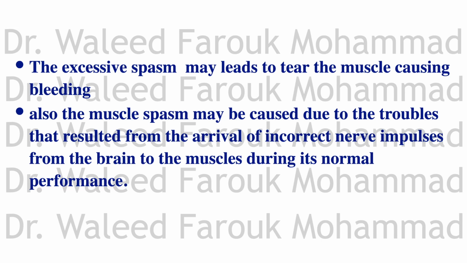ده مهم جدا. Also the muscle spasm may be caused due to troubles concerning the nerve impulses. زي حالات الصرع كده، بتصدر كميات هائلة من النيرف impulses رايحة للمسلز، فالمسلز تتشنج، تفضل contracting على طول. فهمتوا قصدي ازاي؟ زي نوبة الصرع. This resulted from the arrival of incorrect nerve impulses، يعني nerve impulses مش صحيحة from the brain to the muscles during its normal performance. Okay,